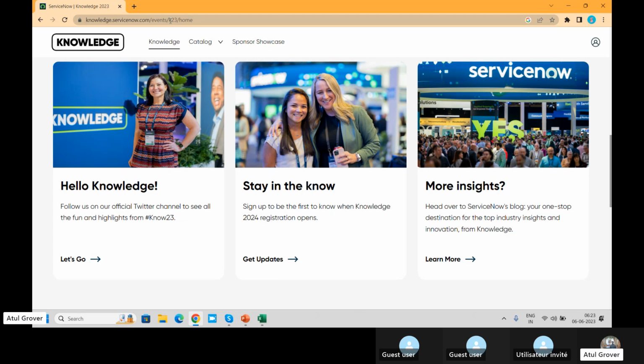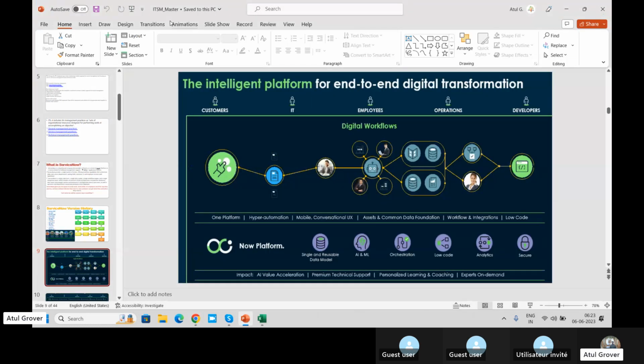Here you will find how generative AI is going to be helpful for people like me who are not pro coders. And what is Now Assist? Like we have a virtual agent in ServiceNow, Now Assist is my virtual agent from a development perspective. I don't know how to create a workflow. I'll go to Now Assist and write in simple English, and the workflow will get created automatically. These two things are going to be very game changing in upcoming releases. Then I can say Farah, Surbhi and Atul can become developers.